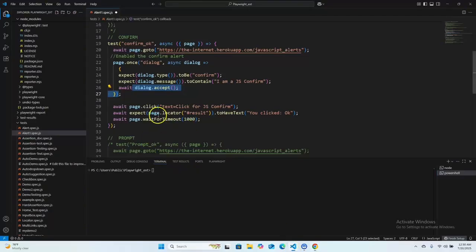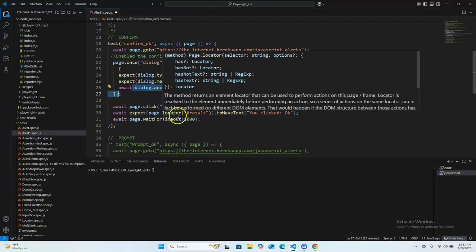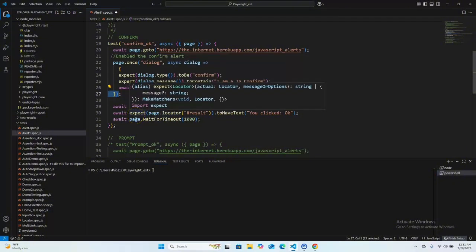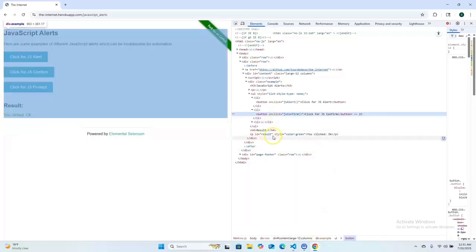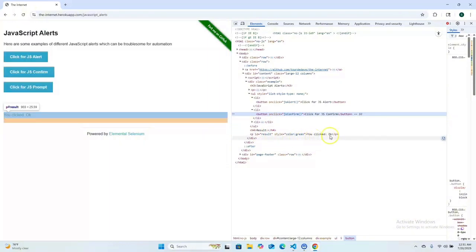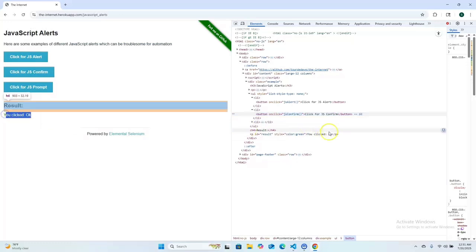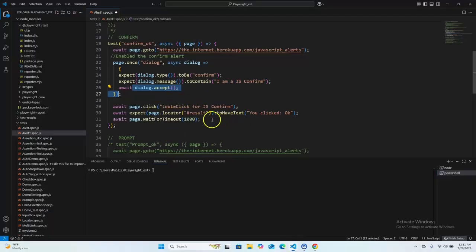So here I'm providing the text, and after that writing the page locator and expect method in one line. So expect page dot locator, and locator is here ID result, and this is the message we are basically validating. So to have text you clicked OK,